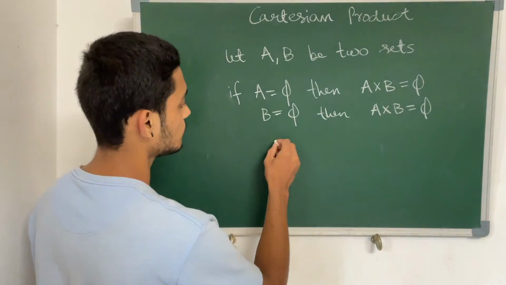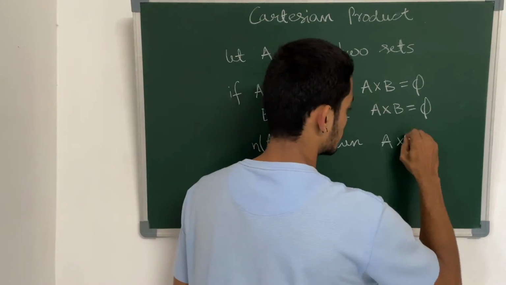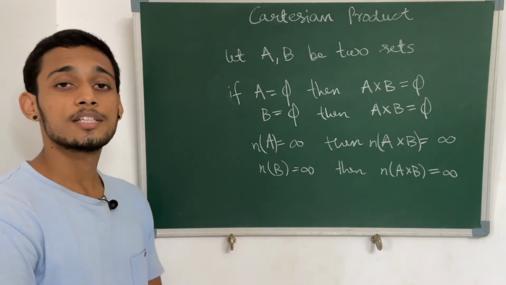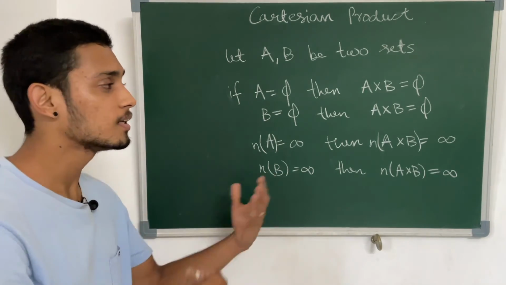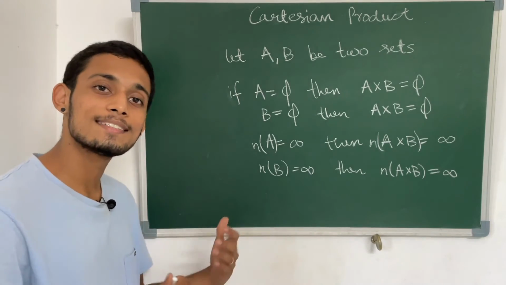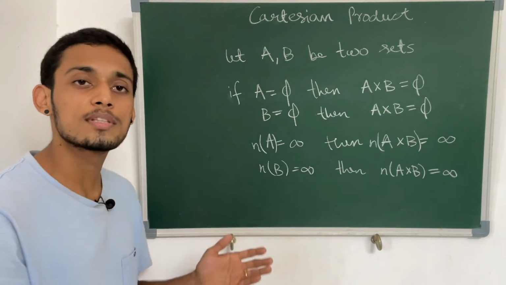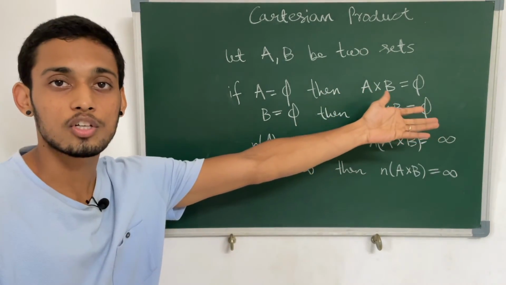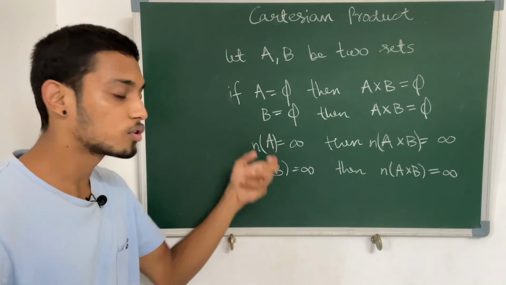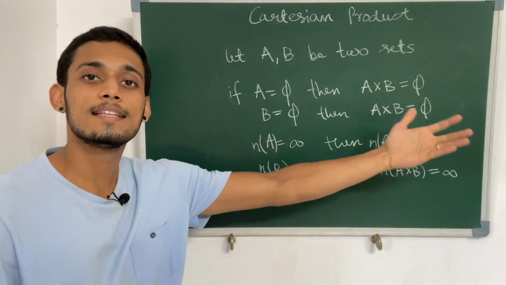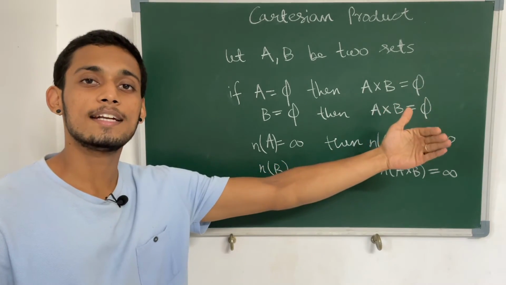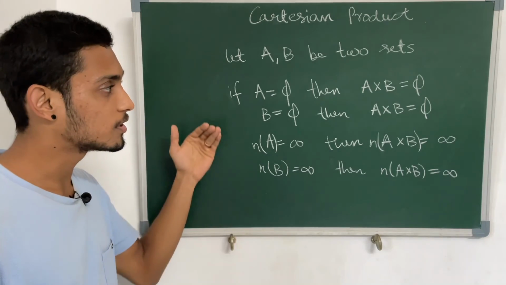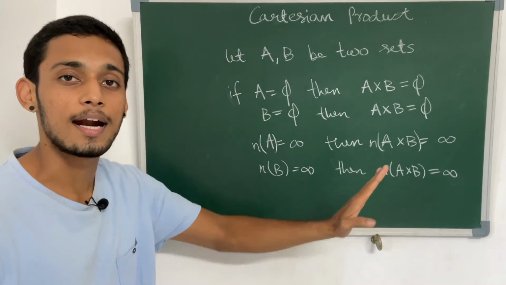So let us write it down. These are some results based on the cardinality of the set. If the set was empty, then what happens? If one of the sets is infinite, what happens? Even if both are true, the results are the same. That is, if A and B are both empty, then their cross product would also be empty. And if both of these are infinite, then their Cartesian product's cardinality is also infinity. So in that way we have understood, based on the size of a set, what happens to their Cartesian product.